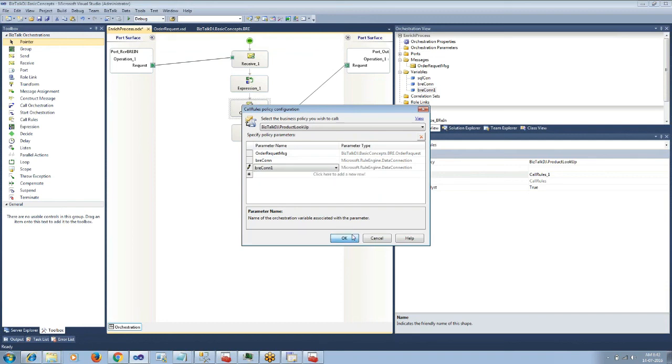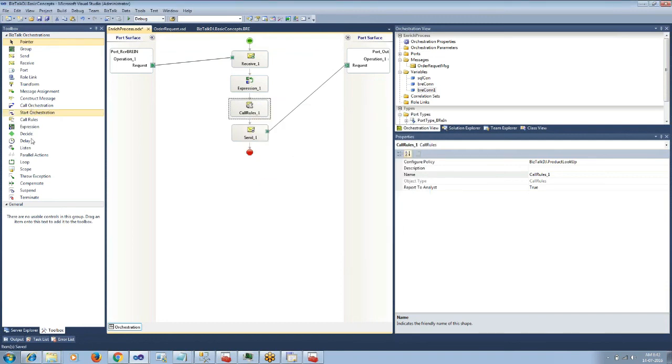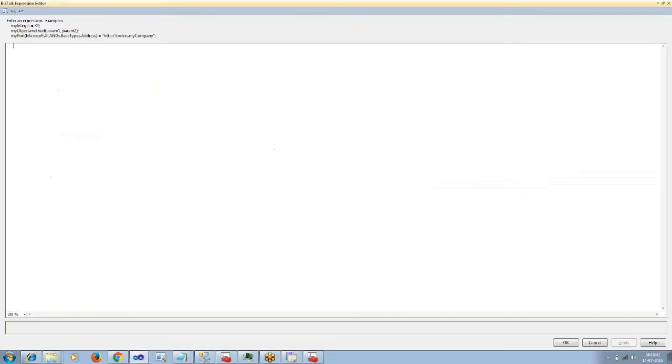So I will configure the call rule shape to pass BRE connection and BRE connection 1. Once the rule is executed, I will close the SQL connection.